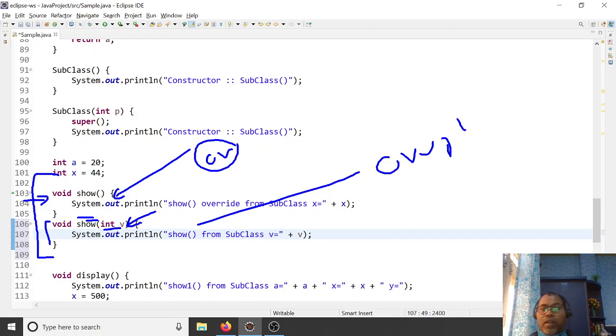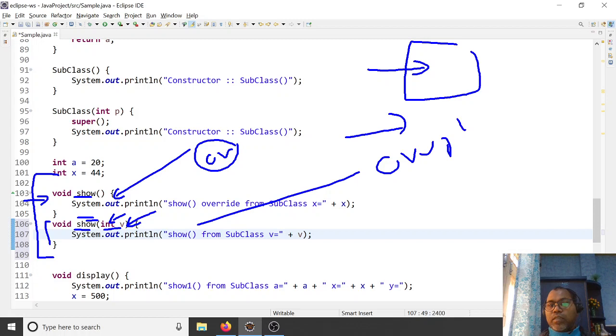While subclassing, you can override a method or you can overload as well. It means you are using the same name, but the parameter list is different. This is overloading. If the same signature, it means overriding. So be clear, you cannot say that overloading happens only in the superclass. In the subclass you can also do overloading. The same method name in the subclass with a different parameter list is overloading.